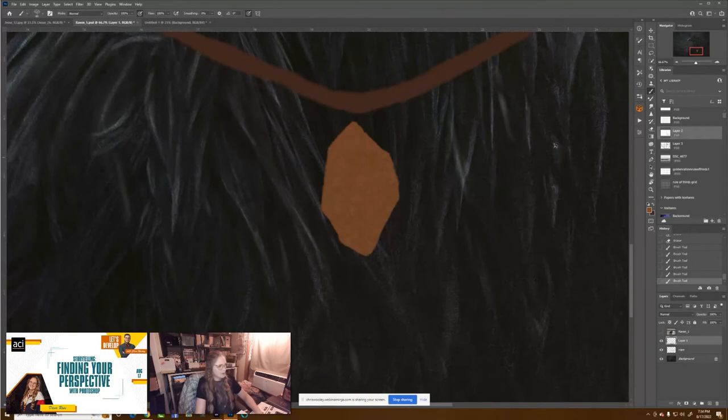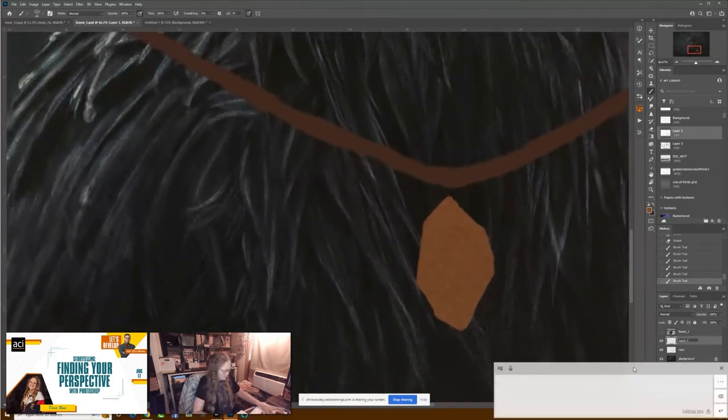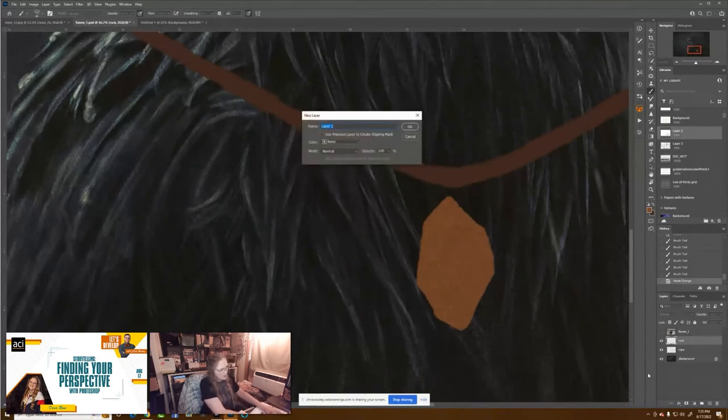Yeah. So there's that aspect. And we're going to label this one as crystal. Or rock. Rock has less letters, easier to type. And then we need one more piece on this. Another new layer, we're going to label this hook. Just a little,